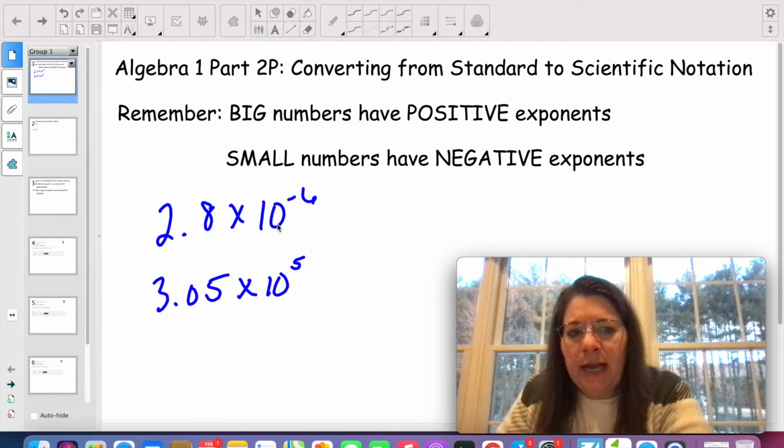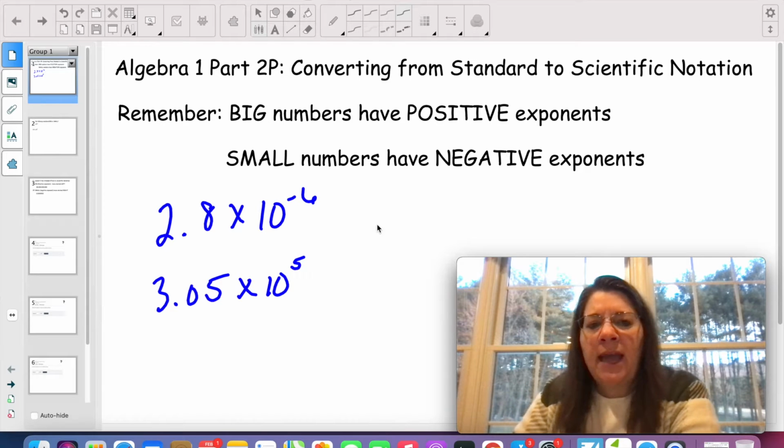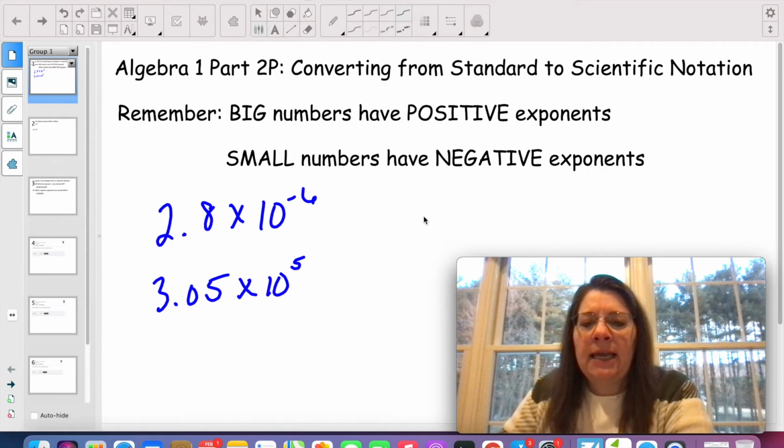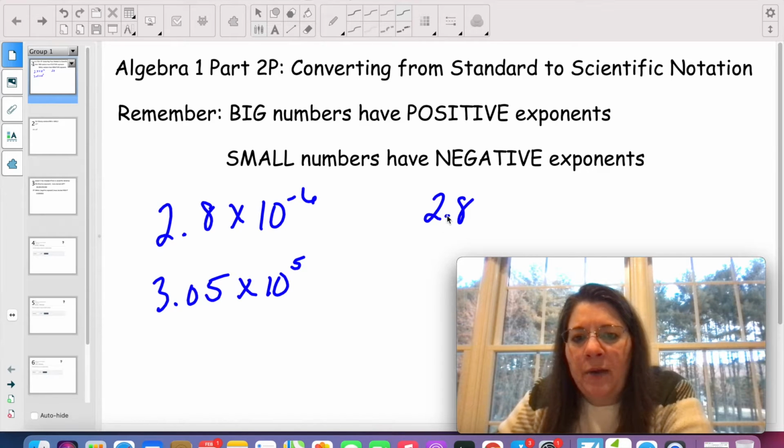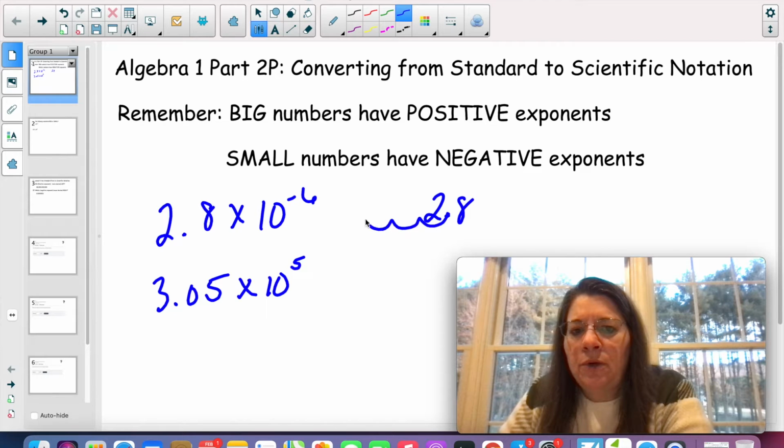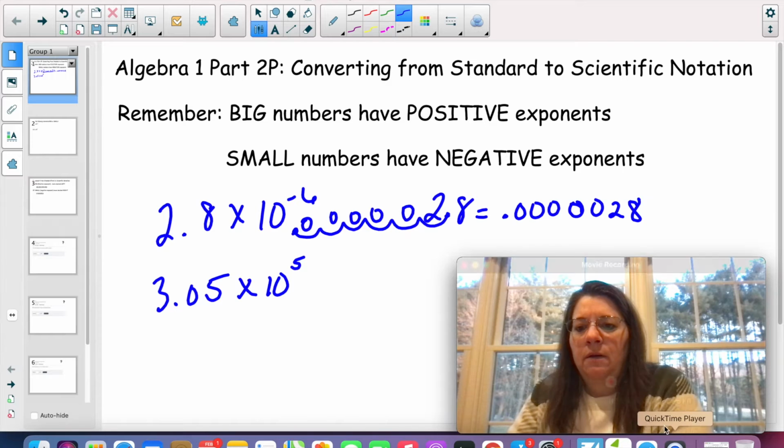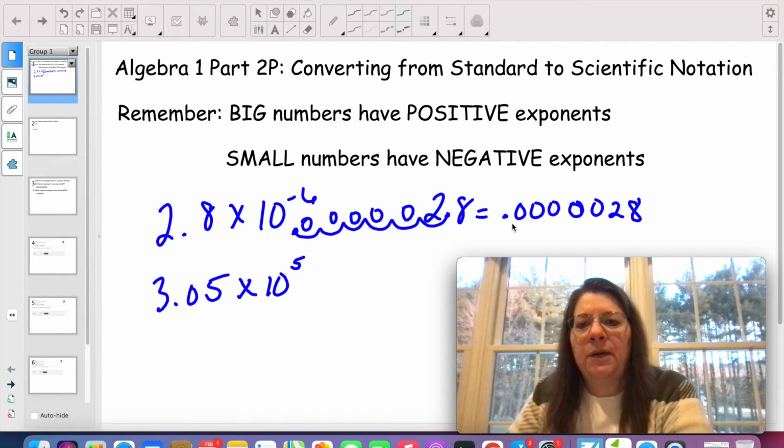So for 2.8 times 10 to the negative 6, if they ask us to rewrite that in standard form, we would rewrite the 2.8, and then we would take that decimal and move it 6 places to the left because it's a negative exponent. So 6 places to the left would be 1, 2, 3, 4, 5, 6, and the decimal would now be here. In every one of those loops, I'm going to put a 0. So for that example, this is what we would end up with,